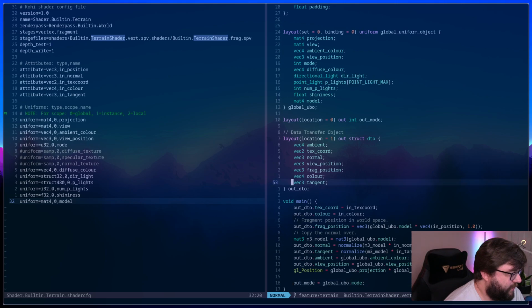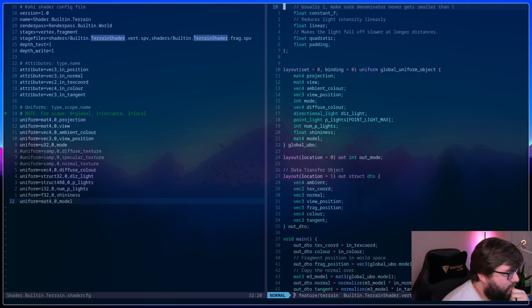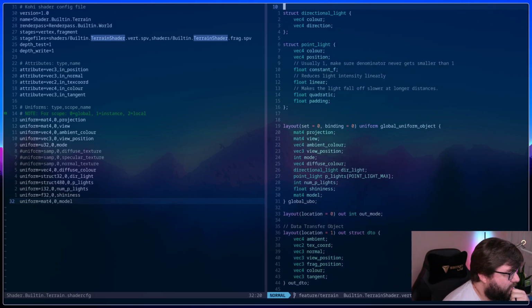This is all pretty straightforward stuff as well. Unless maybe it's, I would think if it was an alignment issue, it would work anyway. I feel like this is going to be one of those things where it's going to be something really stupid that I've missed. We only have one descriptor set.